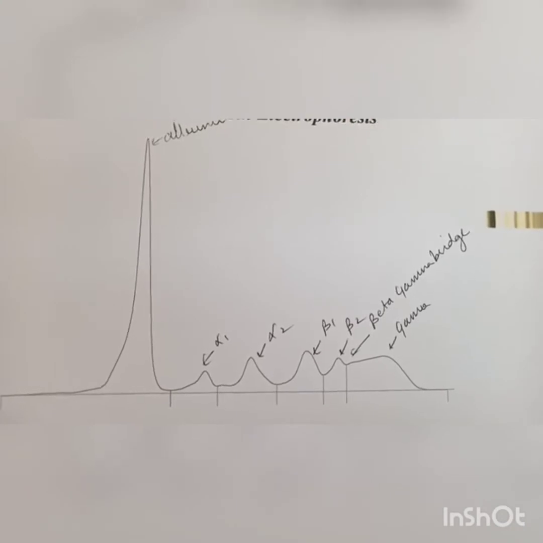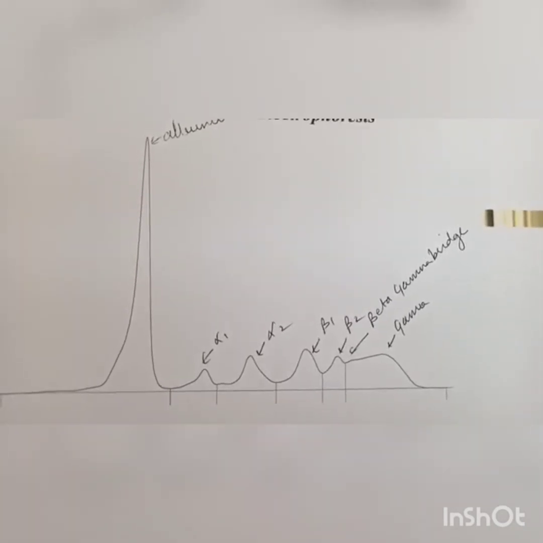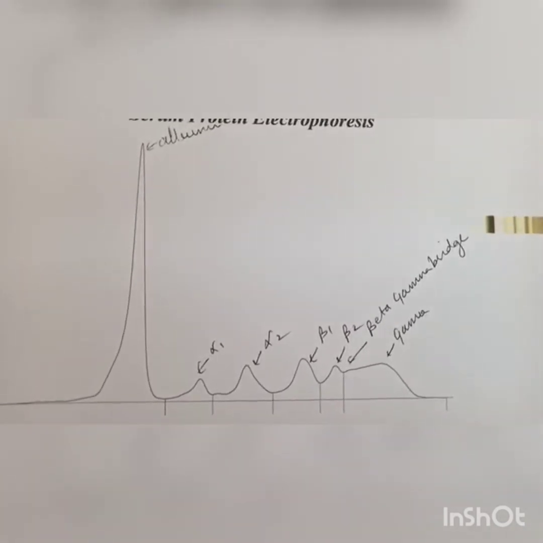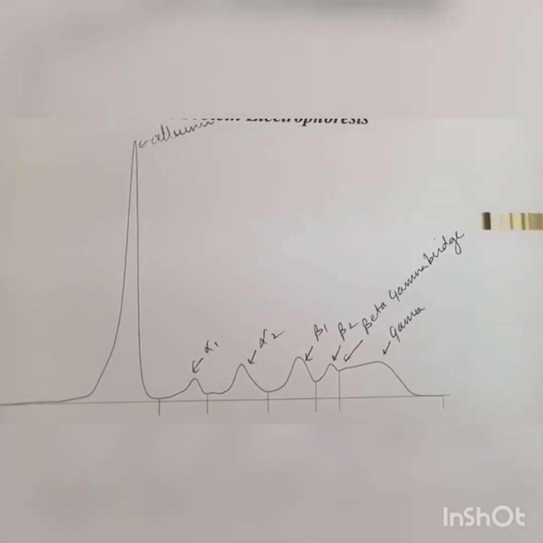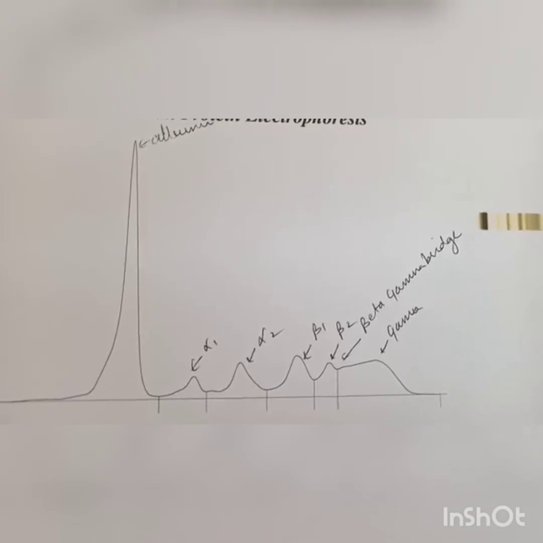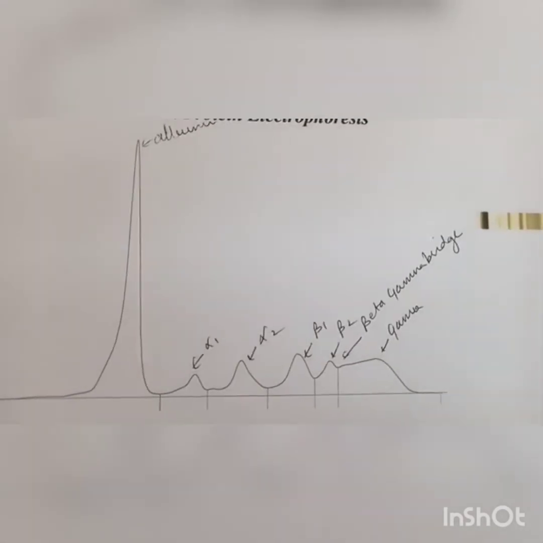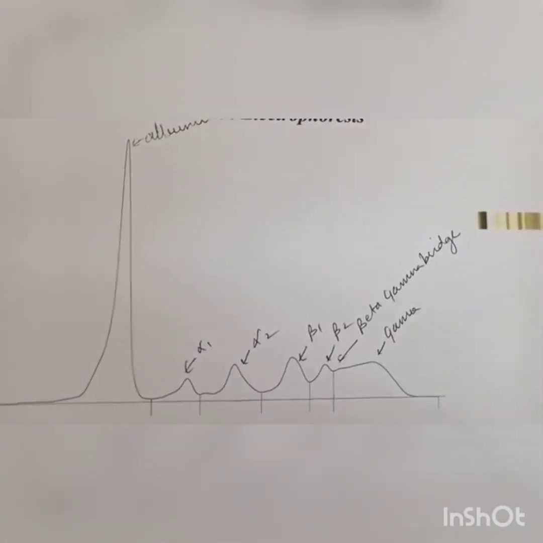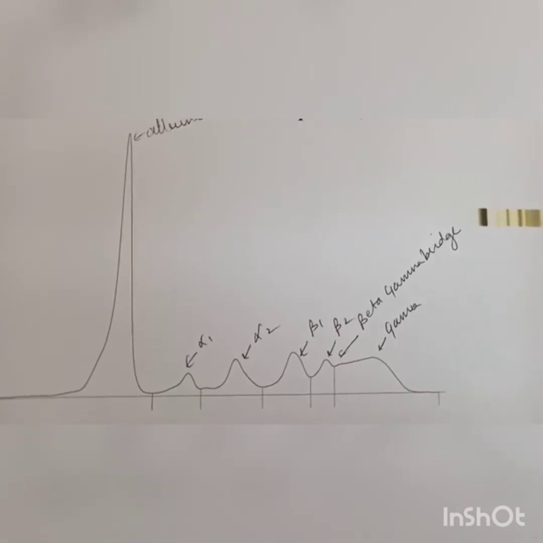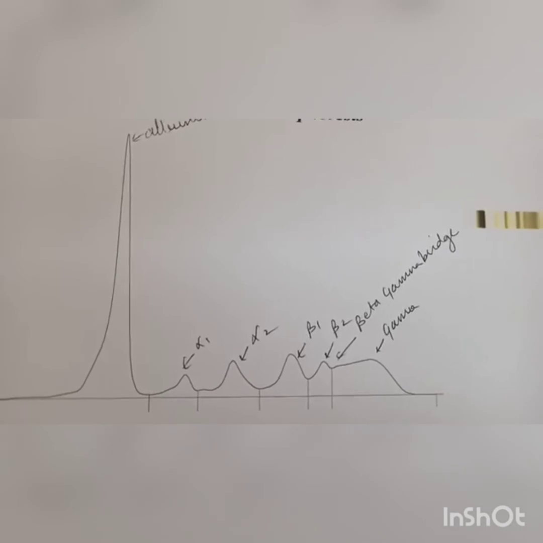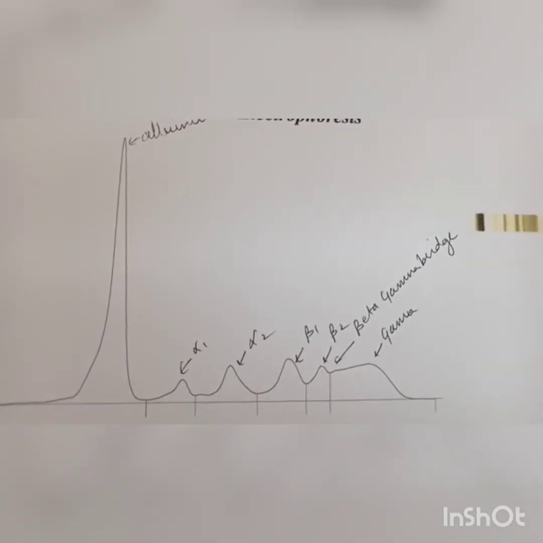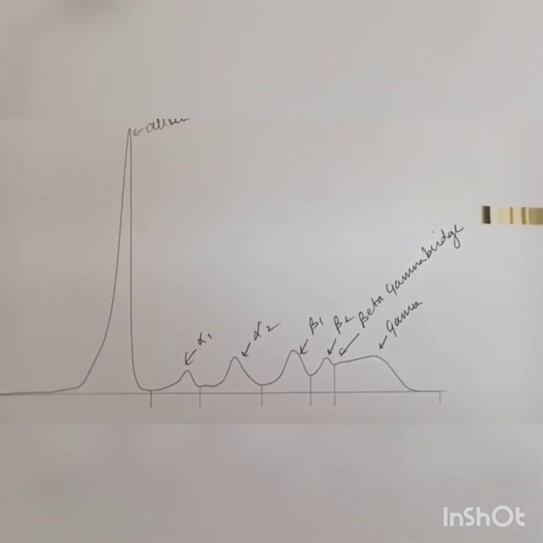cirrhosis of liver pattern. So it is suggesting cirrhosis of liver, but the patient has complaints of severe blood loss, and that is why we have asked for immunofixation also. Immunotyping studies will further rule out whether monoclonality, polyclonality or some serious problem in the liver is present or not.